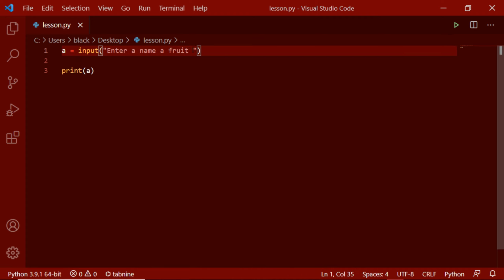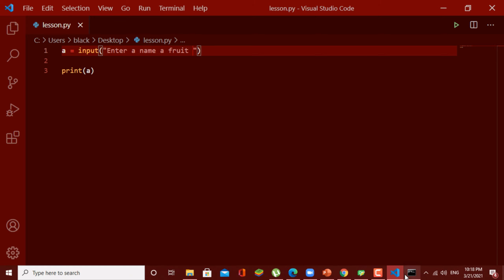We can also make the user enter the value on a new line using single quotes and a slash n. If we use this, it will prompt a new line. Let's do it later. For now, let's add this space and see what happens.